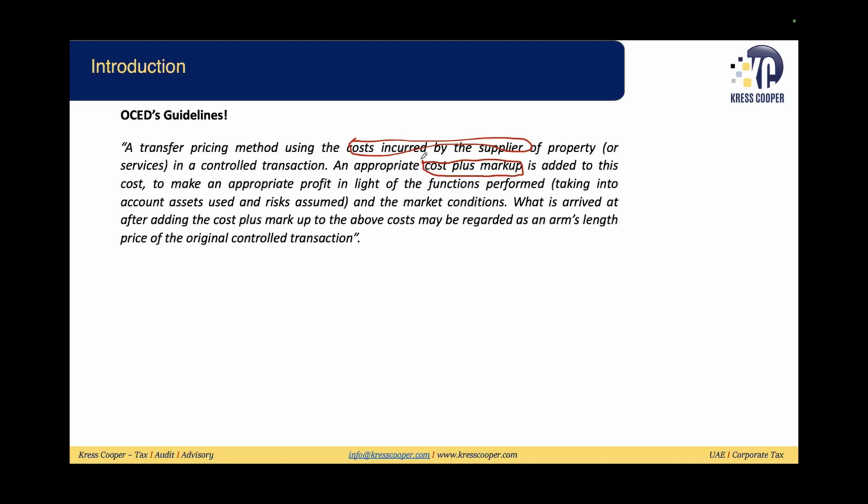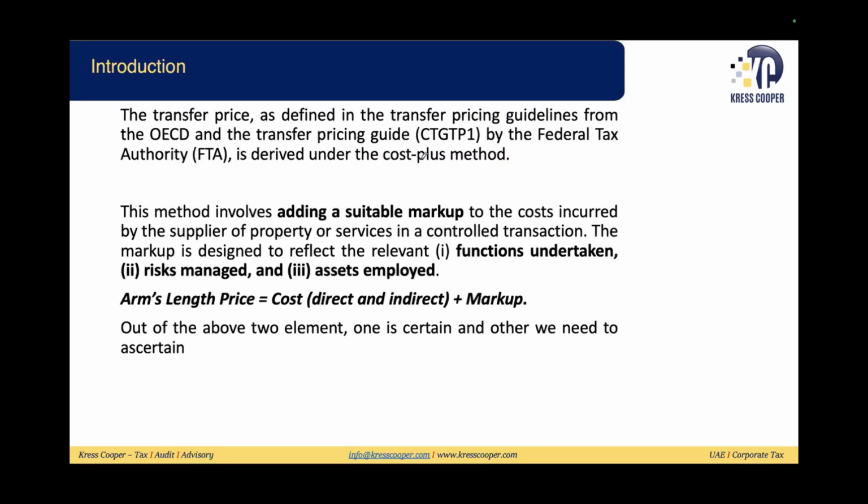When determining this markup, we need to consider what functions are being performed by the respective party, what assets are being utilized, and what risk is being taken by the respective party. Considering these three factors, functions performed, assets utilized, and risk taken, we will ascertain what the markup should be. Then cost plus markup should be the fair market value price, the arm length price. Very straightforwardly, the arm length price is equal to cost